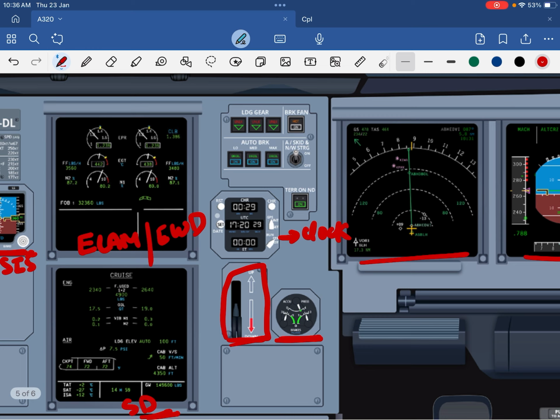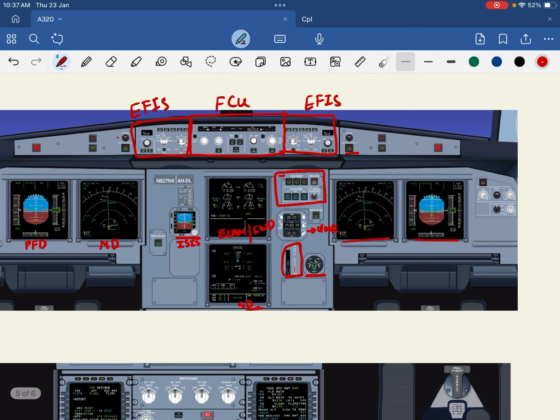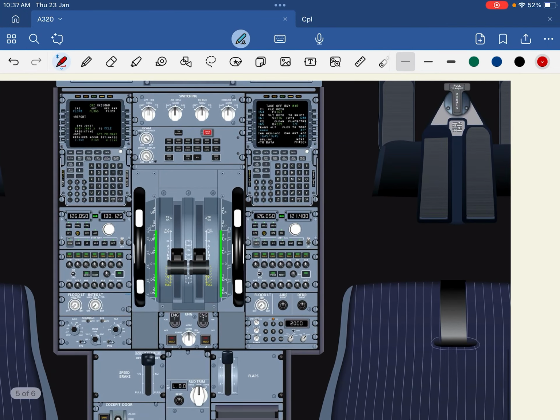Then you have the landing gear and nose wheel steering panel. Here at the top you will see whether your landing gears are down or up, so you can see the status of your landing gear. Then the auto brakes and anti-skid and nose wheel steering. So this is an overview of the glare shield and instrument panel. The next panel which we have